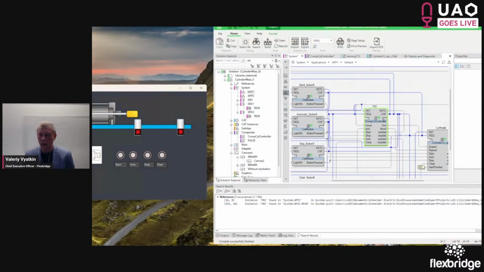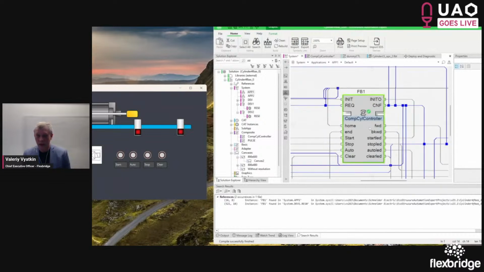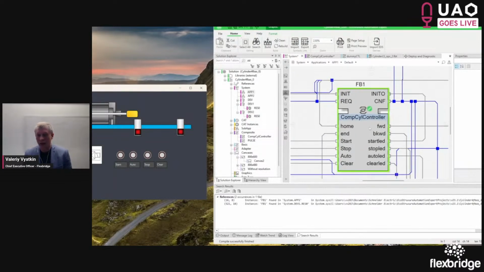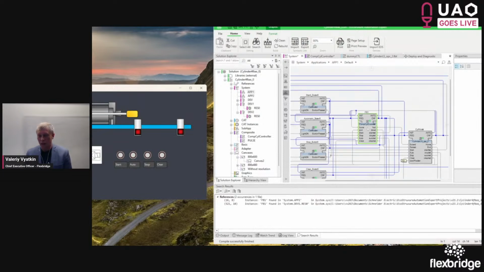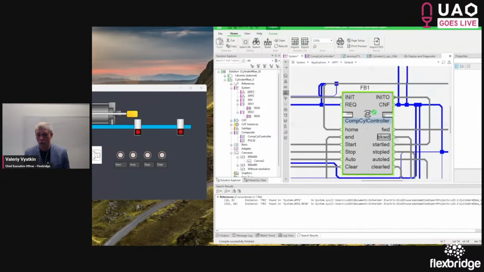So we start with a software testbed, where the controller function block of the cylinder is connected to several function blocks representing a model of the cylinder itself and models of the buttons. So this is our virtual commissioning environment where we will want to test automation logic.